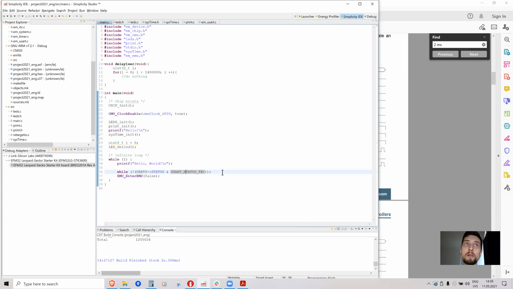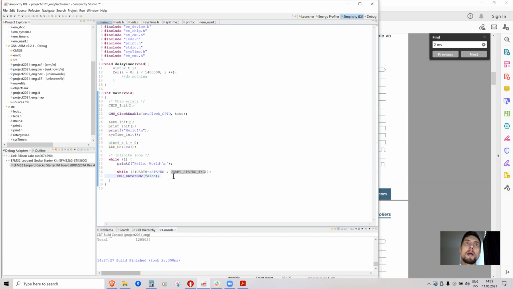And sometimes people even make a separate library where they define a function, processor go to sleep, and inside of that function, they wait for UART to complete sending, they wait for I2C to complete sending data and maybe something else, and only then they put the processor to sleep so that it is not in the main code. But in our simple example, it's in main code and it doesn't bother us that much. Okay, so